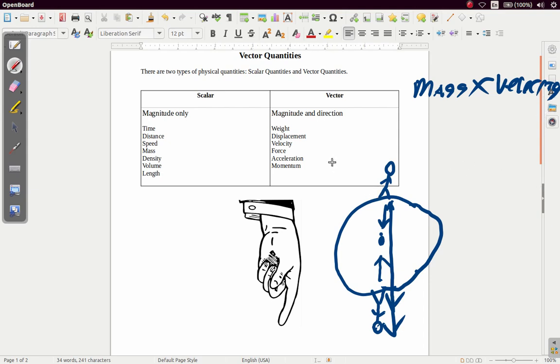Now, as we said earlier, the vector quantities have both magnitude and direction. Scalar quantities have only magnitude. That's the main difference between the scalar quantity and the vector quantity. We'll continue examining specifically vector quantity, which we will specialize in